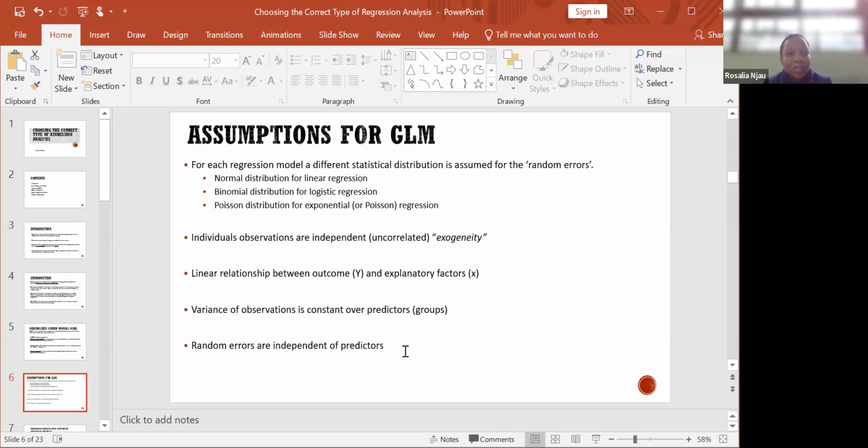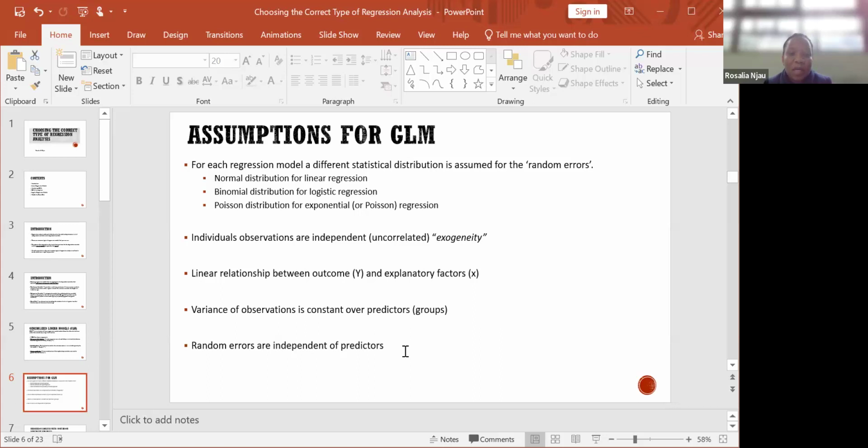So the random errors follow a normal distribution in linear regression, a binomial distribution for logistic regression, and a Poisson distribution for Poisson regression. So you see here the three different distributions for the three different models. And also